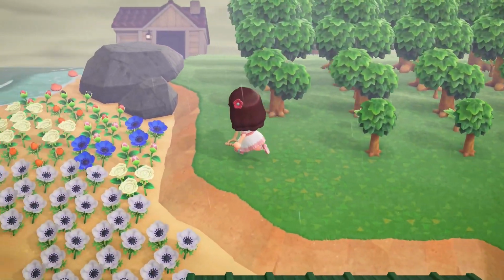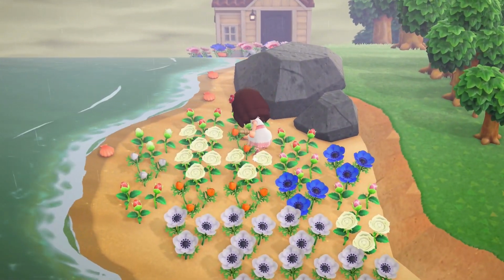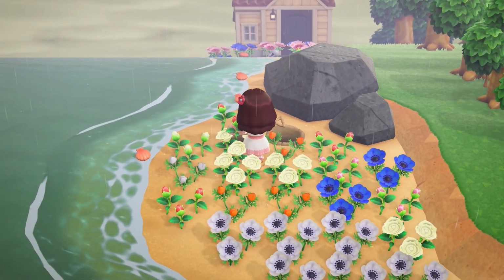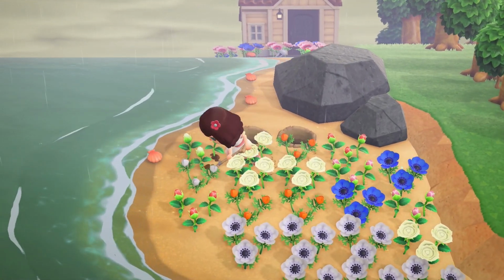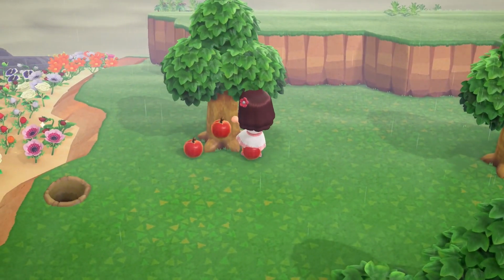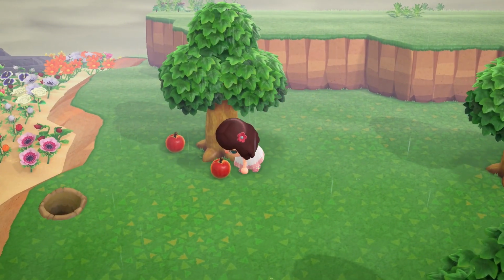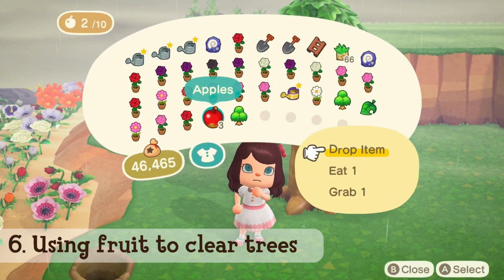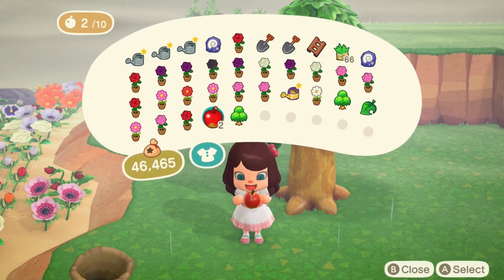Once you've found a map and you've played through the start of the game, you may decide that you want to get ahead of decorating a bit and get a little bit prepared by moving trees and breaking the rocks that you see. So you shake your fruit trees, munch on a few pieces of fruit and start digging up some of the trees. There's nothing wrong with doing this, but there is a far better method which you can use to clear your island easily.